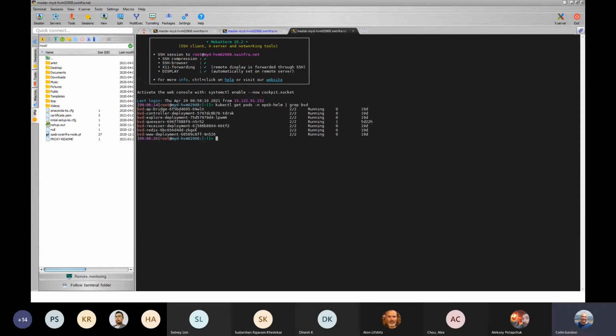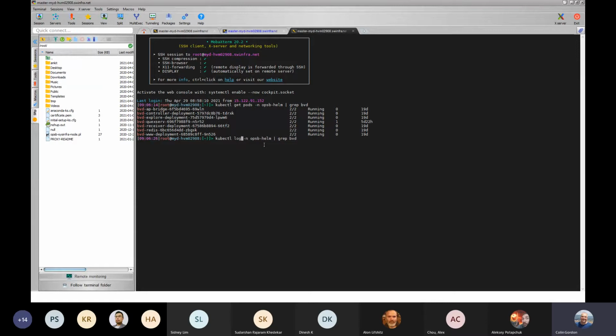You'll see the BVD pods here. You'll see the state that I was referring to. This is the status 2 of 2, so this is 2 running pods. The init phase is already finished, so now we're just in a running phase, and we've got 2 of 2 of all of the pods that are running. So if I wanted to look at the logs of one of these pods,